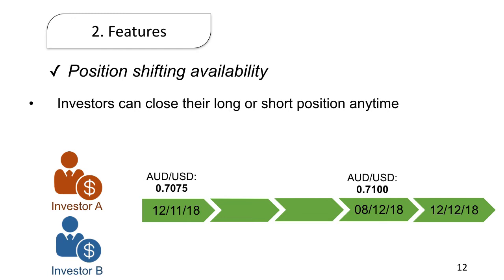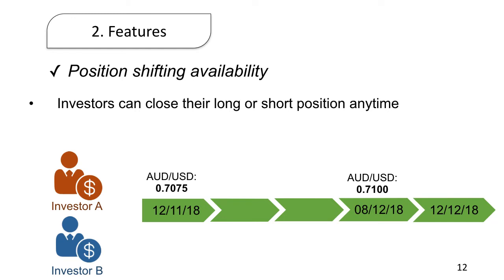As for investor B, on the 8th of December, he can exit the AUD long position to realize his profit. He therefore will sign one contract AUD short futures with the clearinghouse. The contract size is also 100,000 Australian dollars. The due date is also the 12th of December 2018 and the exchange rate is AUD USD